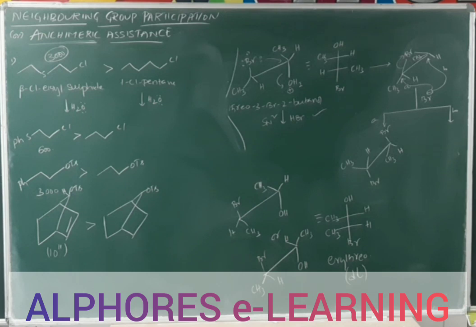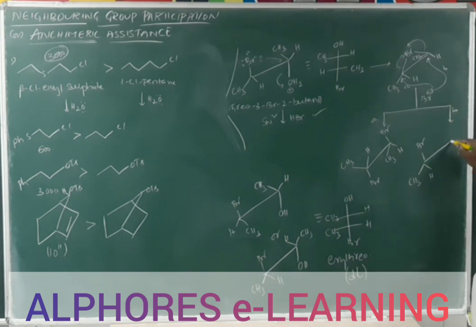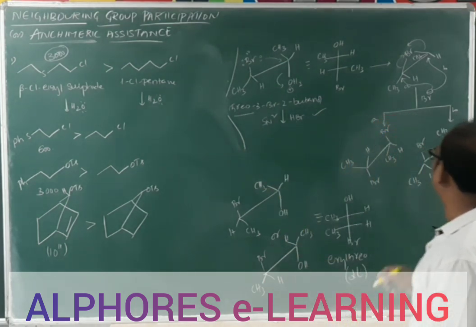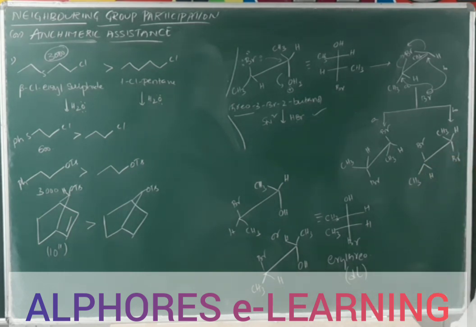hydrogen like this. Whereas in path B, whenever Br minus approaches from the rear side, these electrons get back, hence here you get bromine and methyl and hydrogen like this. When Br attacks from the rear side, here you get Br and H, CH3. So here you get the same products as earlier, the same products as the first isomer we considered. So whatever the threo isomer, you get the same product, a DL mixture.